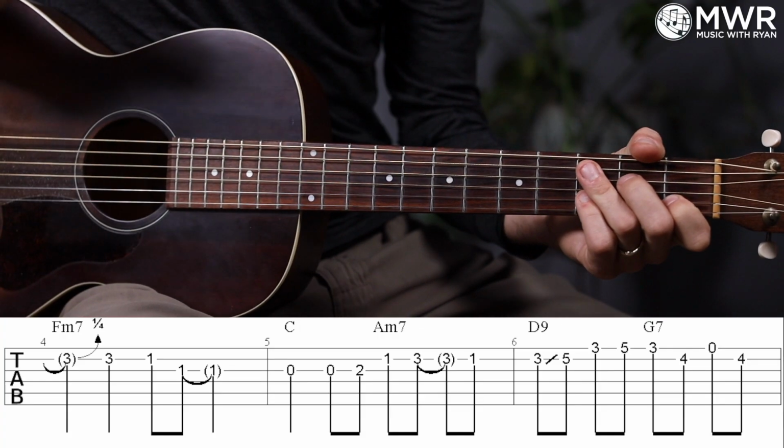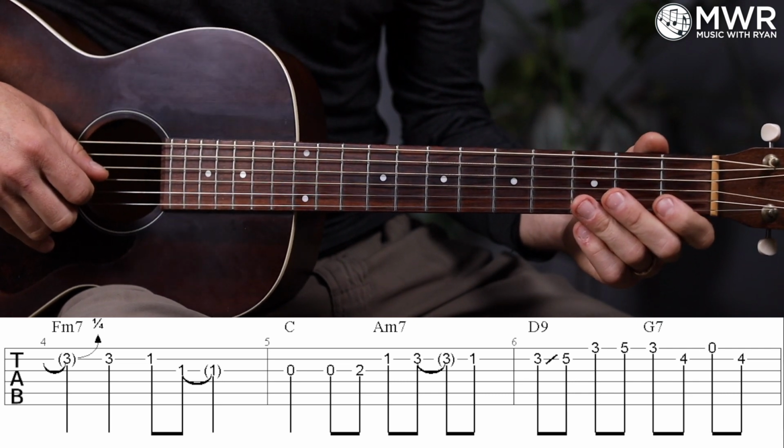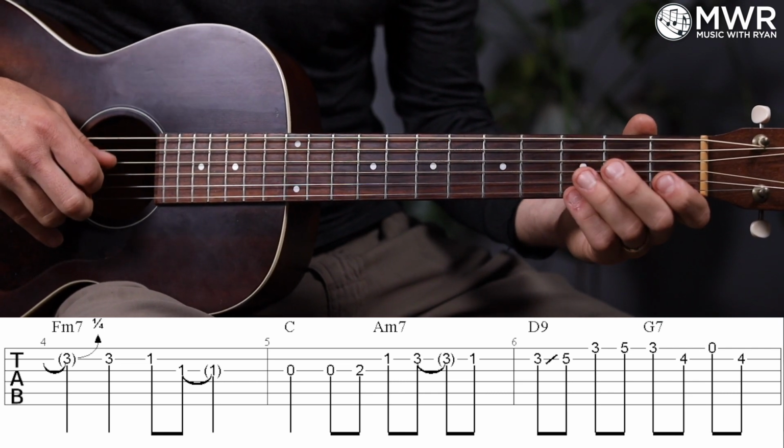And going on here, measure 5 and 6 is where we have our classic 1, 6, 2, 5 turnaround. That's a term or a phrase that you would hear in music, but a lot of times in jazz. And as you can see, the chord changes every 2 beats, right? C to A minor 7, to D9, to G7, and back to C. So I'm grabbing some, again, kind of jazzy chords or even jazzy voicings, and I will talk all about that as well. So let's go back to the melody